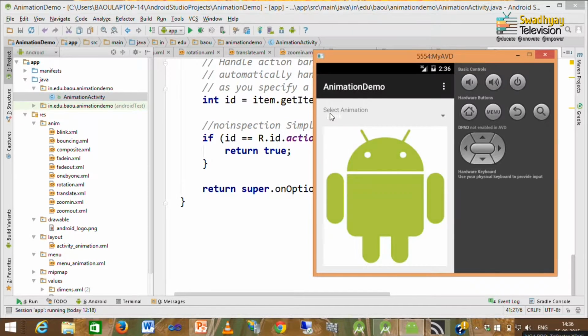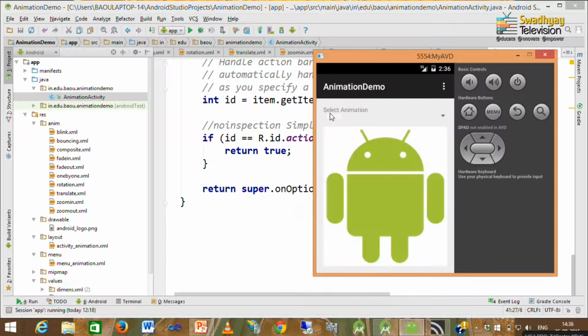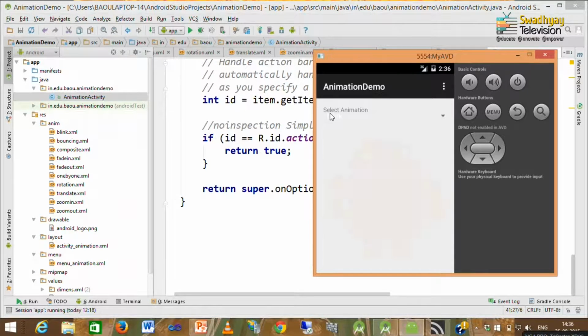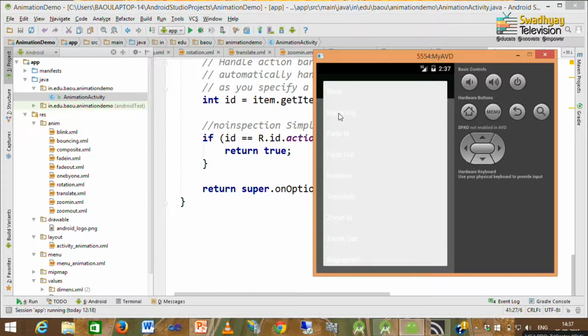Here on screen you can see our application is started, and our first option is a blink. You can see our image is continuously blinking, and option selected here is blink. Next, I select bouncing.